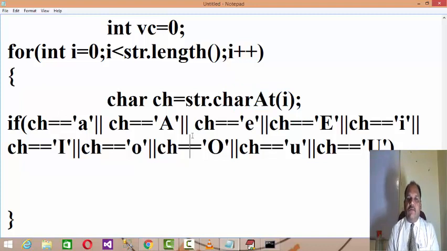If you use AND, what is the functionality of an AND gate? All have to be on. It is not possible that the character available at a specific position will match A, E, and I all at once, right? It may be any one. So here you have to combine all the conditions with OR, not with AND. Just need to understand that.